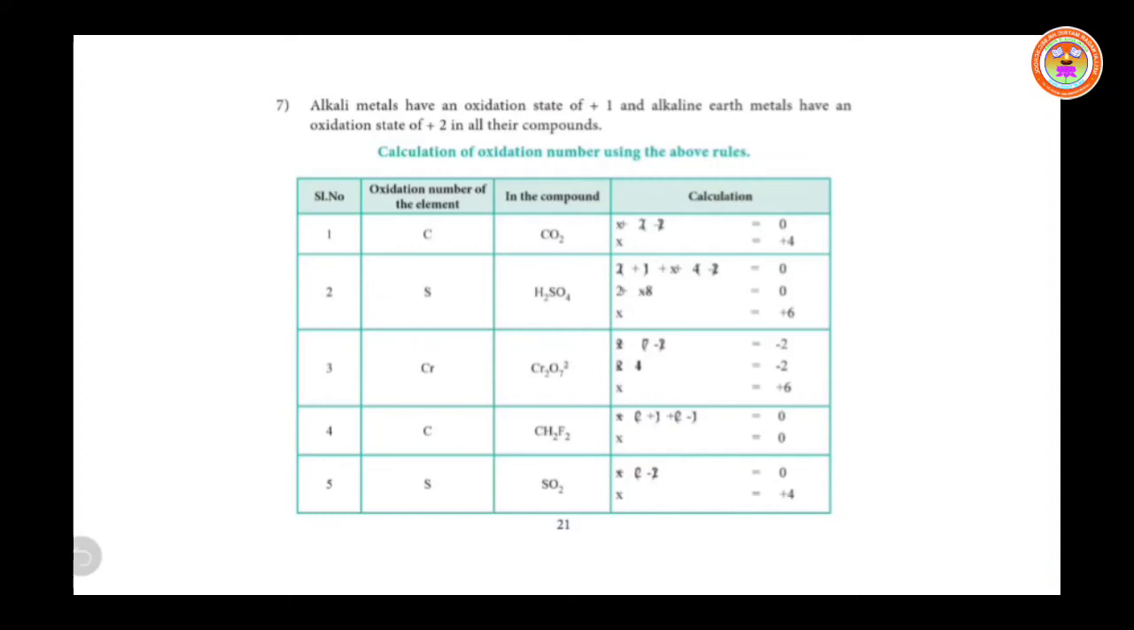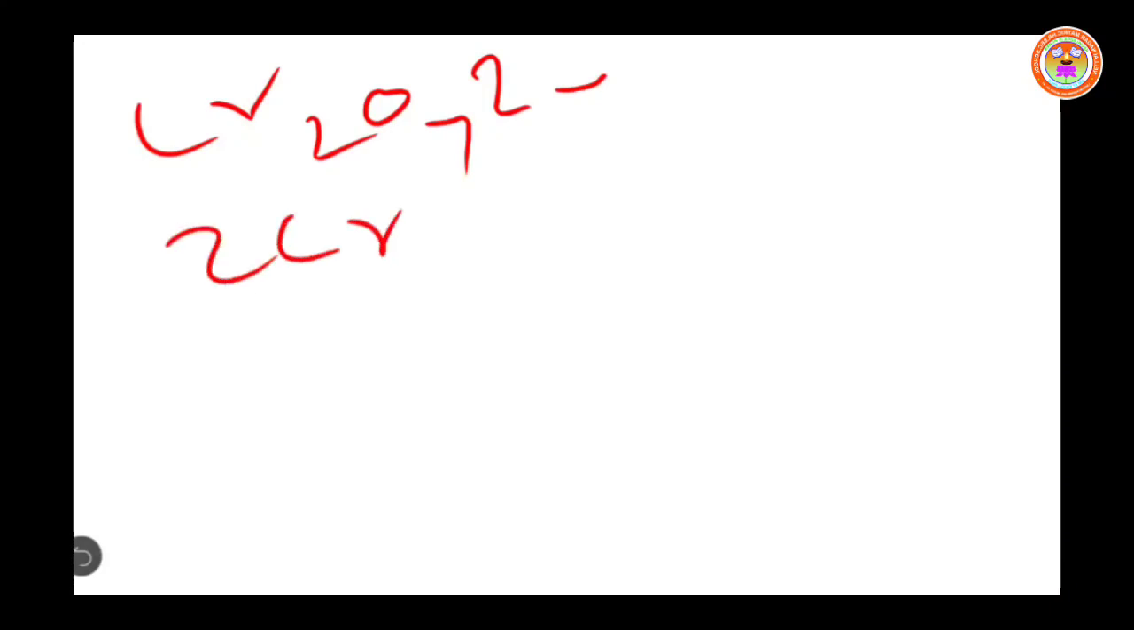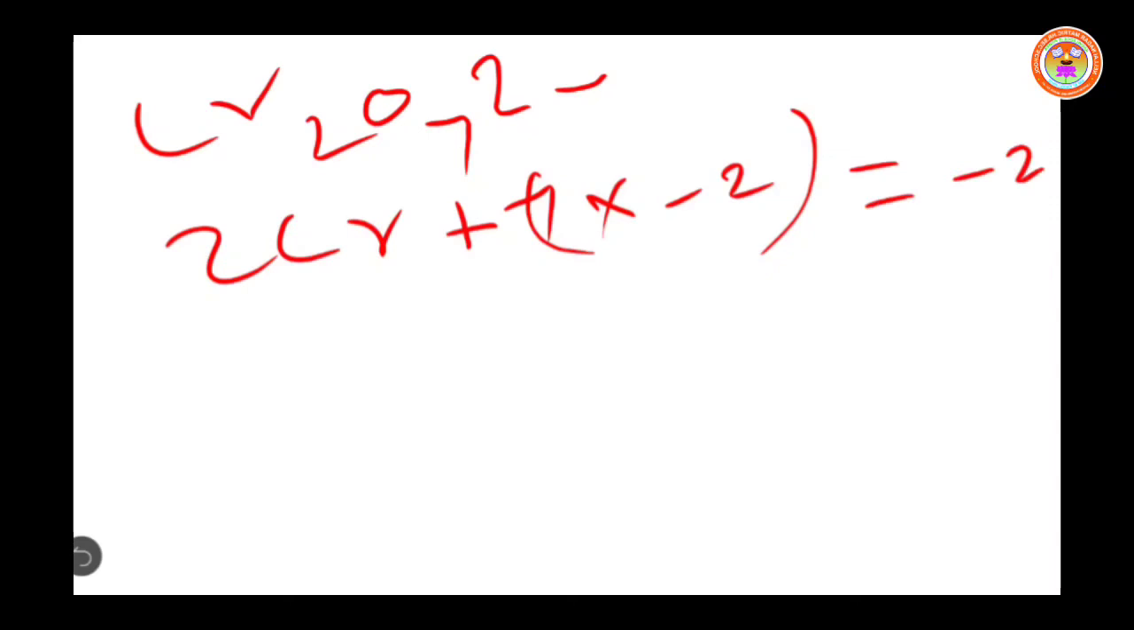The next, we can calculate for chromium, Cr in Cr2O7 2 minus. It is a dichromate ion. Now we can calculate. Here there are 2 chromium, so write 2 Cr. Then there are 7 oxygen atoms, 7 into minus 2. The charge on the ion is minus 2, so write minus 2 equal to 2 Cr